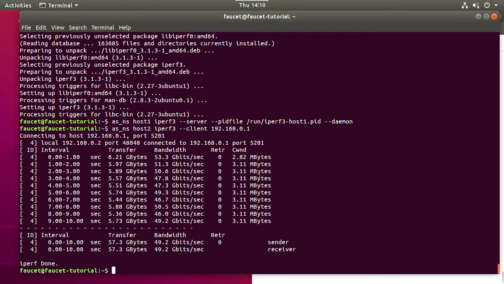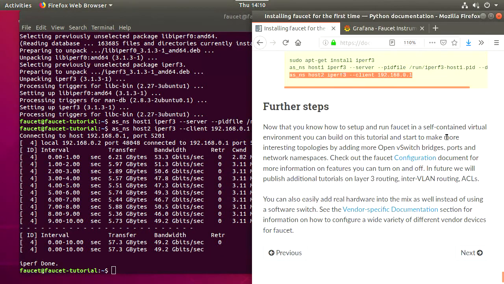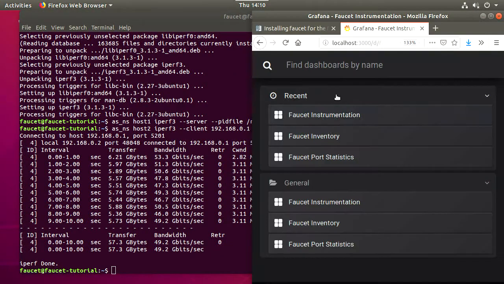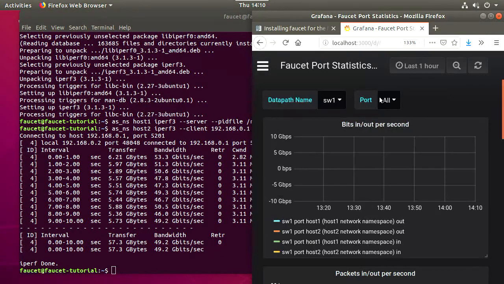So that 50 gigabits per second, that is the Linux kernel. It's really fast. And Open vSwitch has to take a lot of credit for that as well. Okay, and I suppose one thing we should do is go look at the port stats